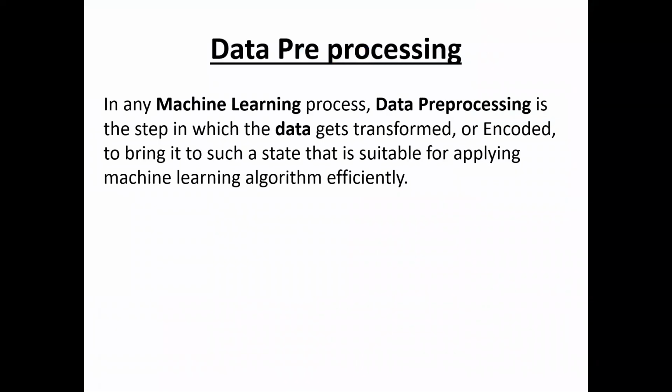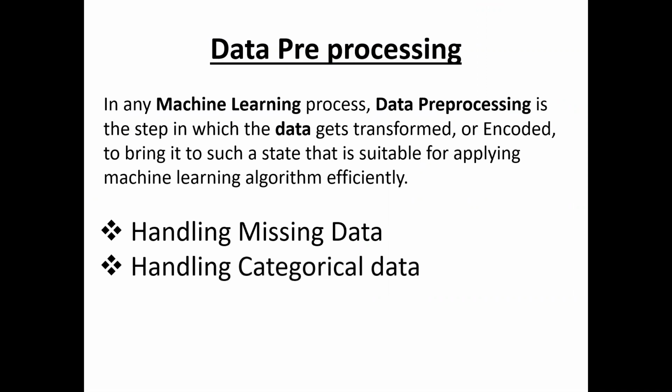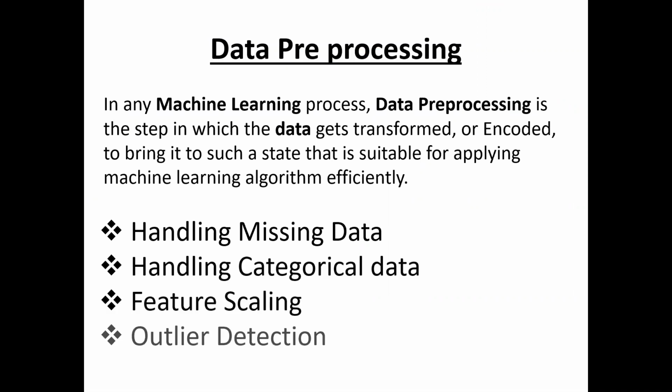In the last 3 to 4 videos, we discussed how to handle missing data and how to handle categorical data, and outlier detection was discussed in the previous video, video 10. To watch all these videos, just go and watch my previous videos. In this video, we are discussing feature scaling. What is feature scaling? This is also considered one of the data pre-processing techniques. For all these data pre-processing techniques, please refer to the previous videos. The link is provided below.